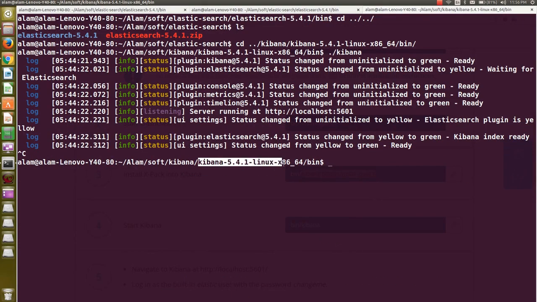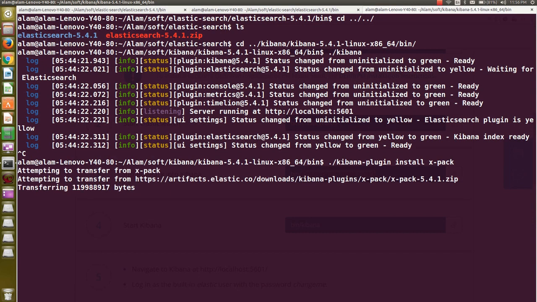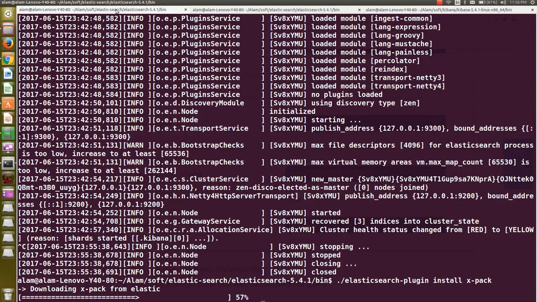This is my Kibana home directory under bin. This one is 58%, 60% done.